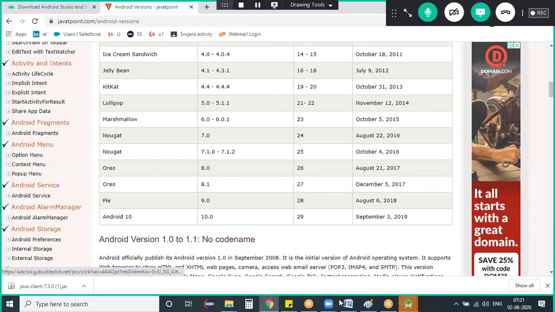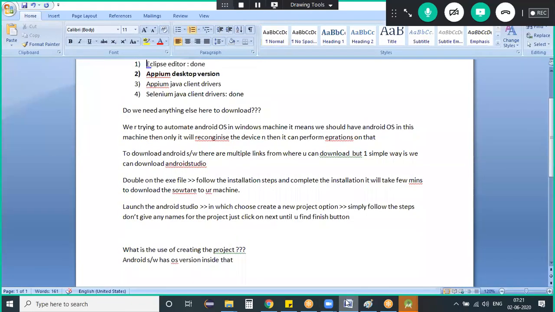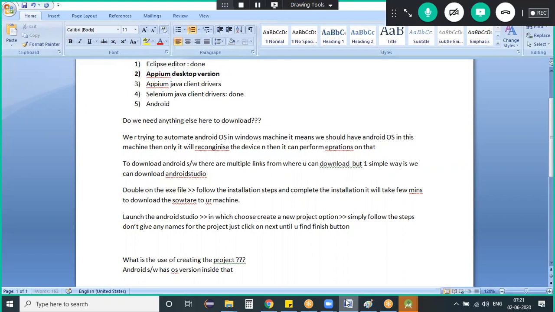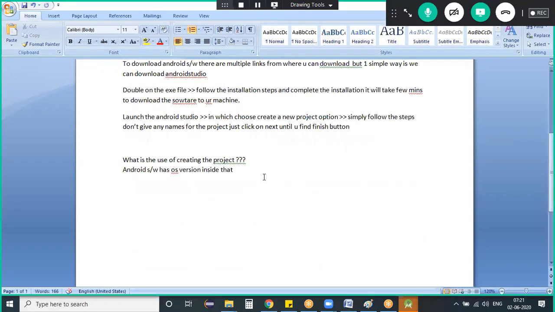If you consider this as a point now: we have downloaded the Eclipse editor, we have downloaded and installed Appium Desktop, we have downloaded the Appium Java client version, we already have a Selenium Java client, and then we downloaded and installed Android Studio. Good. The next point is, once we have downloaded and installed Android Studio, we need to check